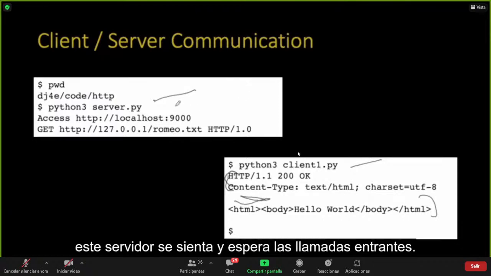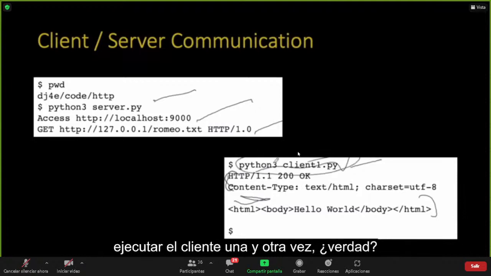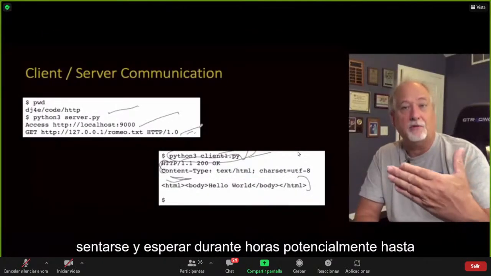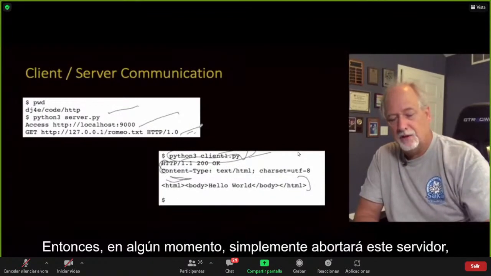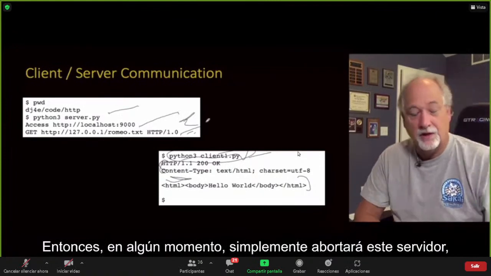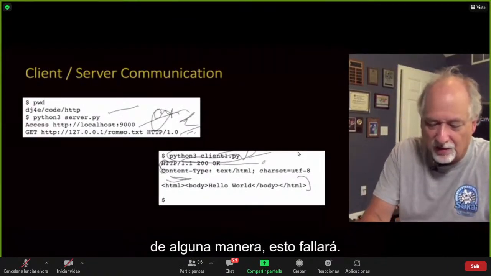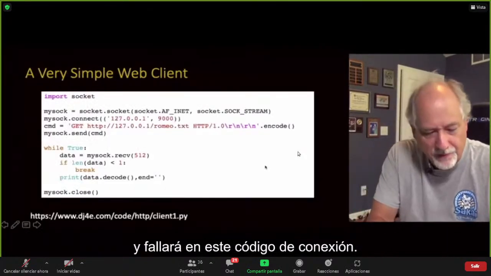And so now you'll notice that this server sort of sits and waits for incoming calls. You could run the client over and over again, right? And then you would see more requests. But in general, the server is destined to just sit and wait for hours potentially until a client connects to it. And then at some point, you'll just abort this server. And then if you Control-C or blow this up somehow, the client will fail,